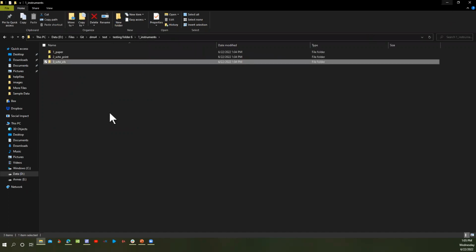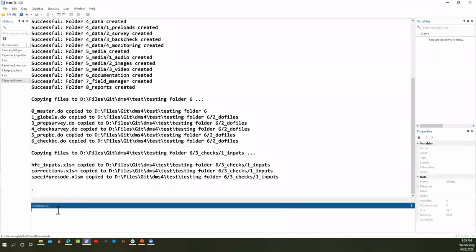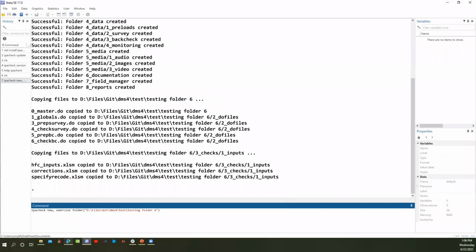If you are interested in doing the exercise instead, maybe you want to do the exercise and not just create a new project, you would need to include the option exercise. And once you include the option exercise, it will download all the exercise files that you need into the folder. You can also use the option files only, which will just grab the files that you need without creating a folder structure.